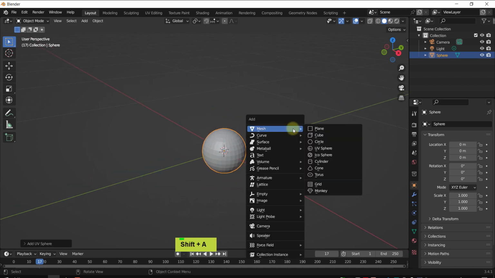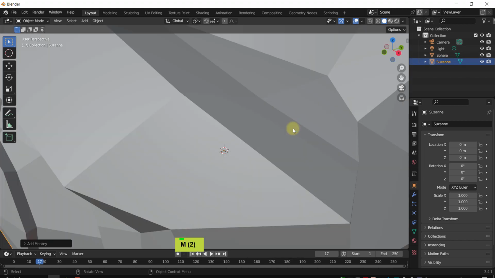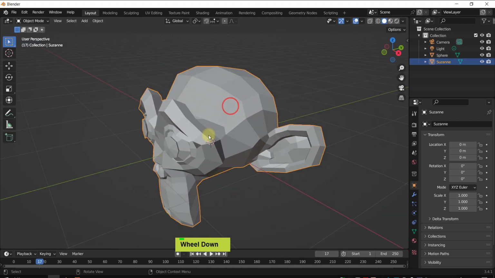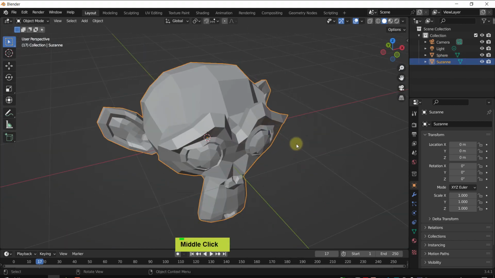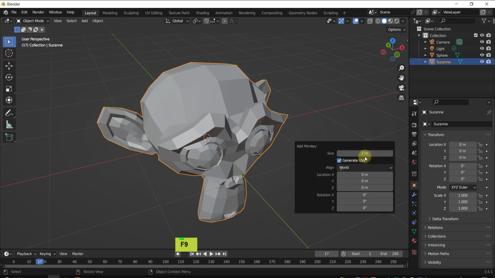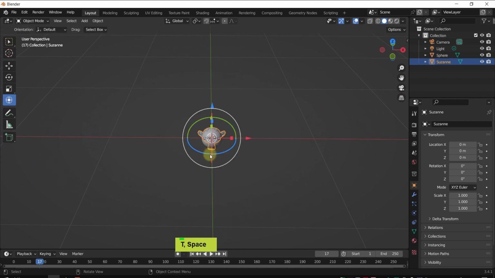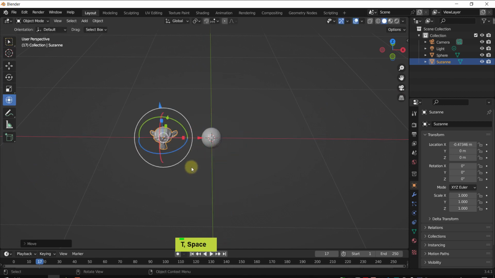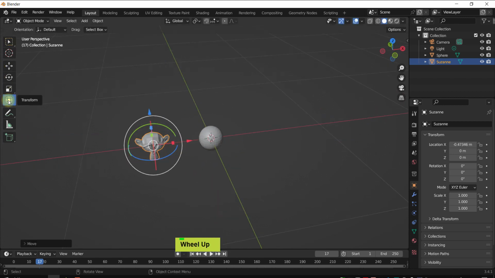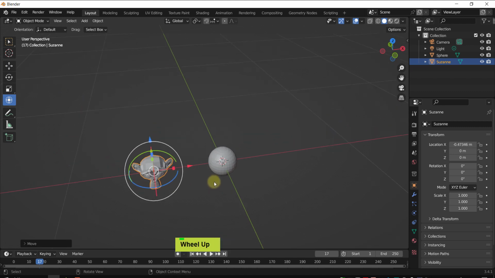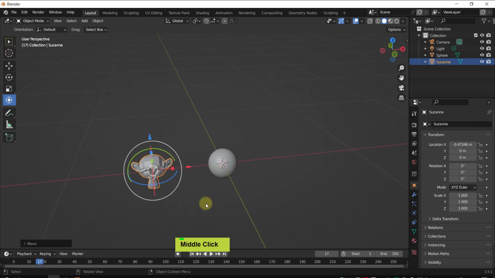And the monkey now, so Shift-A and M. And of course, the monkey is fairly oversized compared to the ball, so let me reduce it to 0.2 and push it aside. Now, I like to use this gizmo, and before we start, you should know that by default,